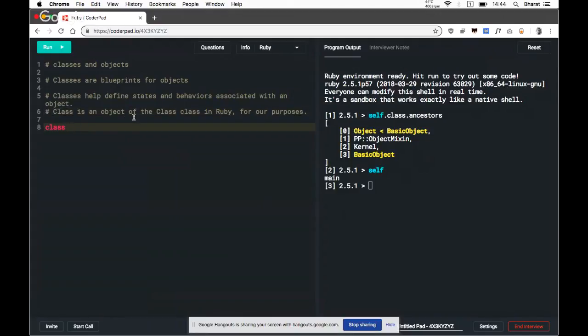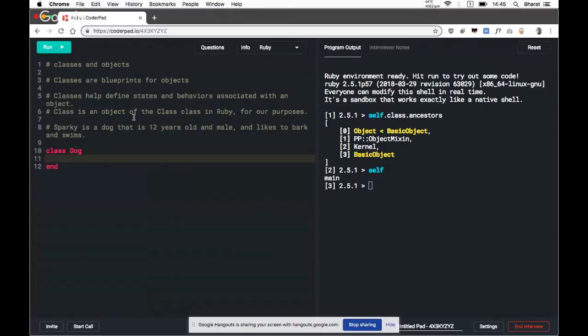Classes typically contain, as I said, states and behaviors. If you're modeling a problem, like Sparky is a dog that is 12 years old and male and likes to bark and eats fish and swims, let's say, then we see that we can model this behavior into one object, which would be a class.